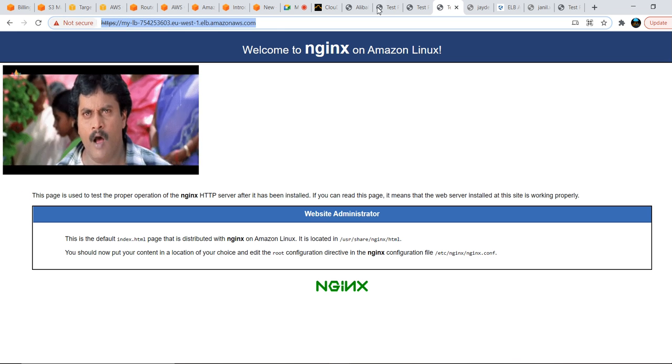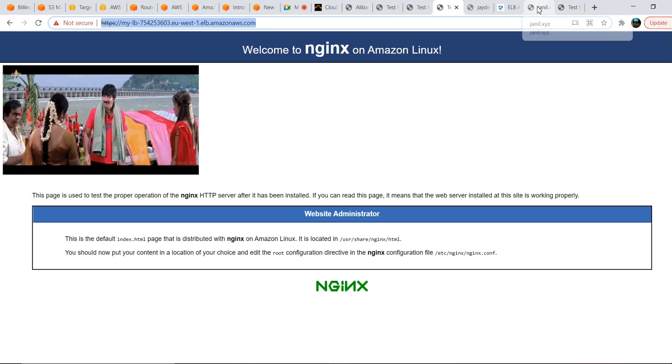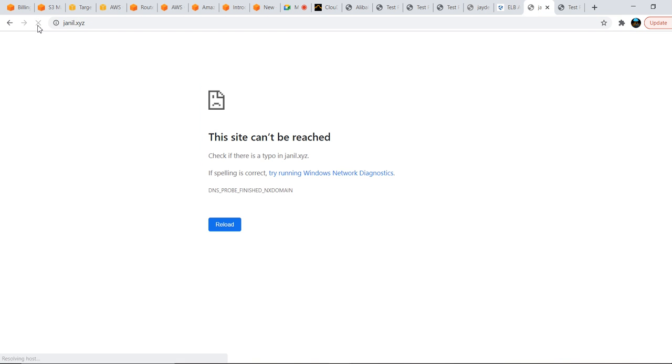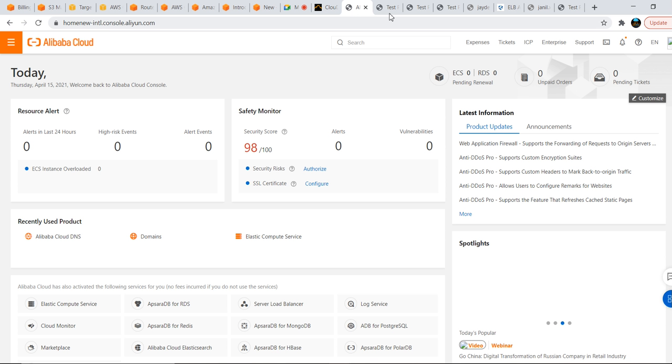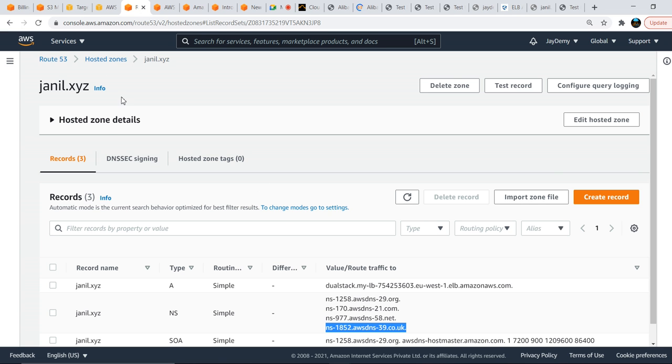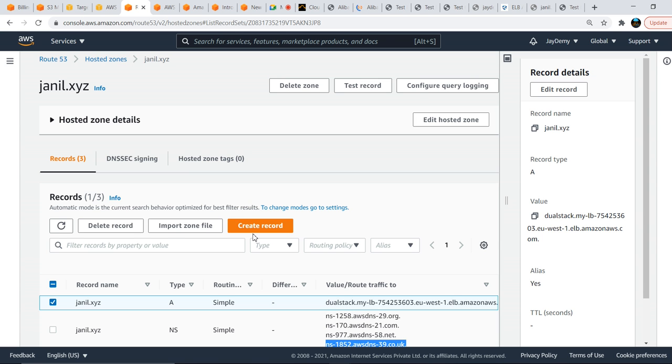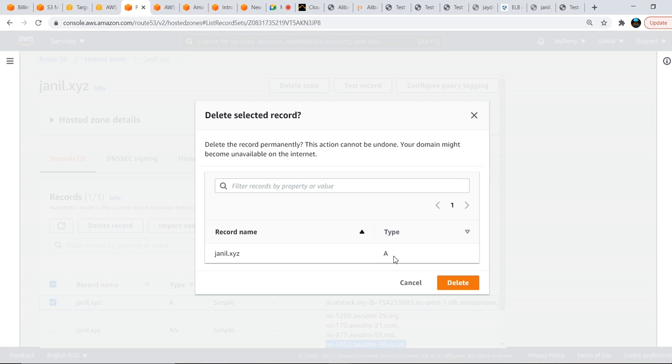Now if you have a domain like that, jnl.xyz, what we'll do, just a moment, give me some more time, and go to this DNS. Where is the DNS, Alibaba Cloud DNS, or else Route 53. What we will do is delete this record and add it again.